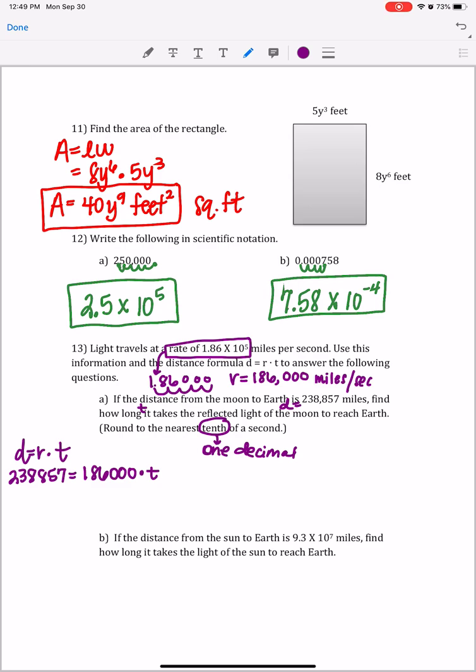Find how long. Simple division. Divide both sides by 186,000. Cancels here. So my time is